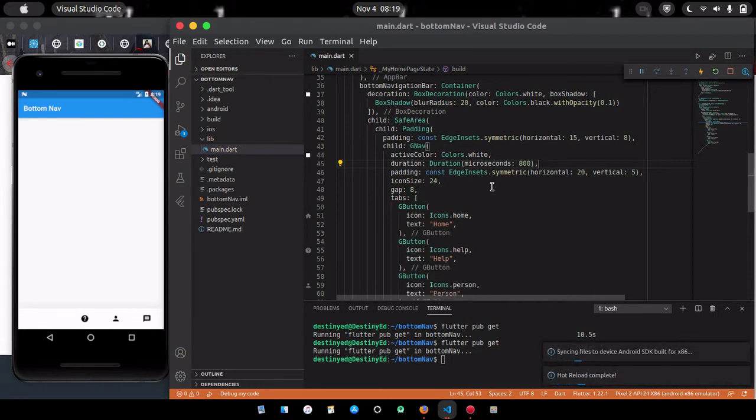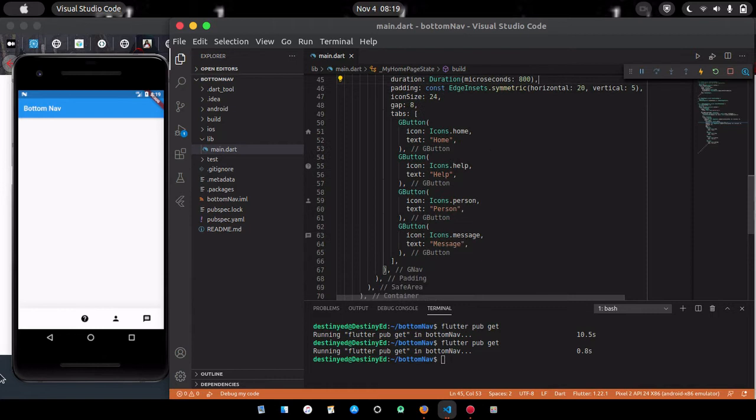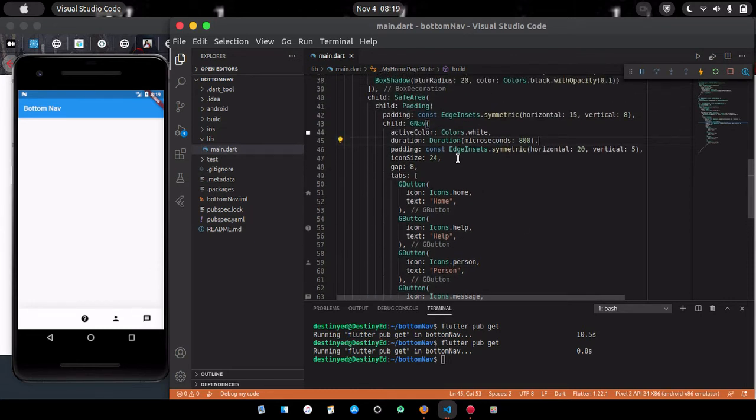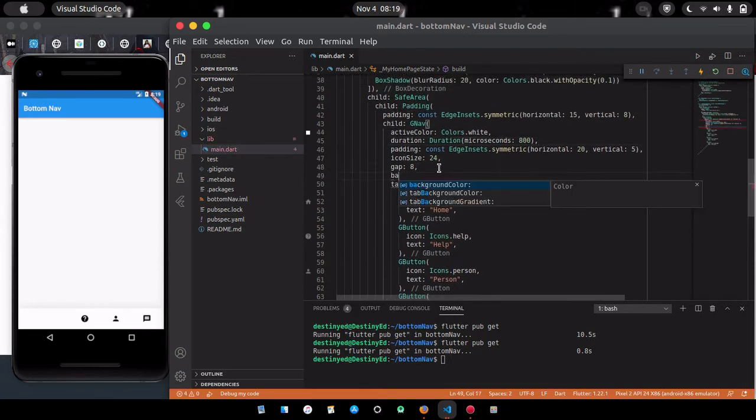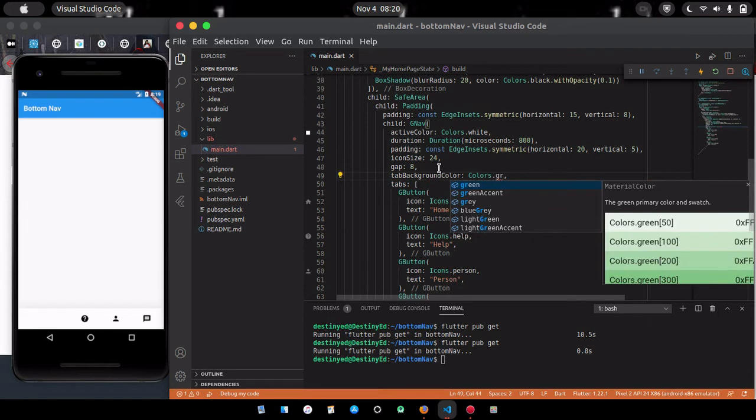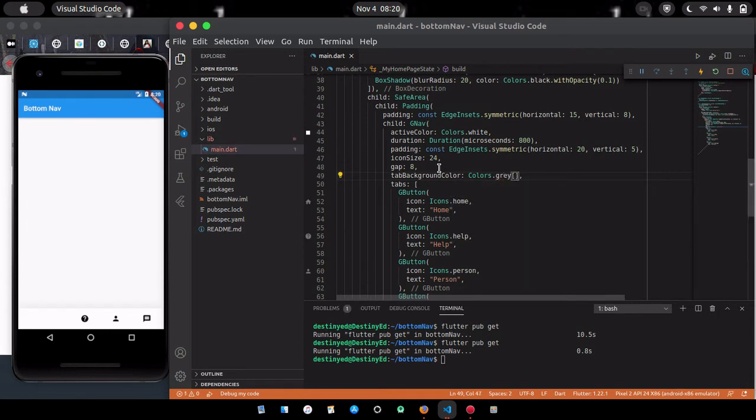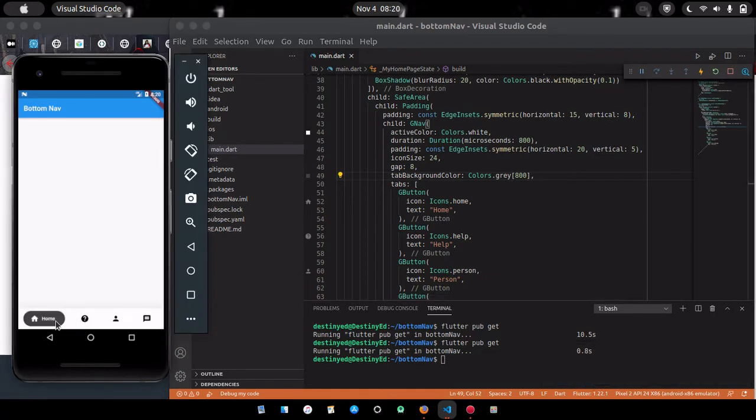Okay, so far we have finally gotten this, but right now you can see the active color, which is white, is not showing because the background is also white. So I'm going to give this a tap background color. That is going to be around a black or gray. So let's say tap background color, and I'll give this Colors.gray. Okay, with a width of 800. So now you can see the icon is showing, and now the background color of the selected item is gray, and